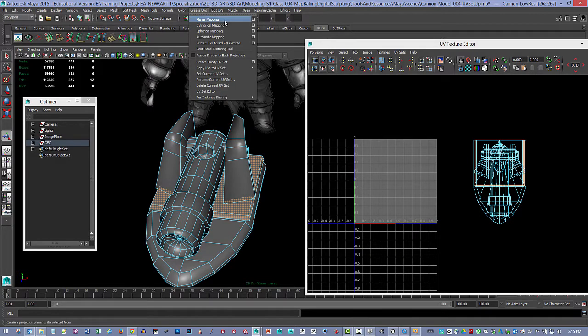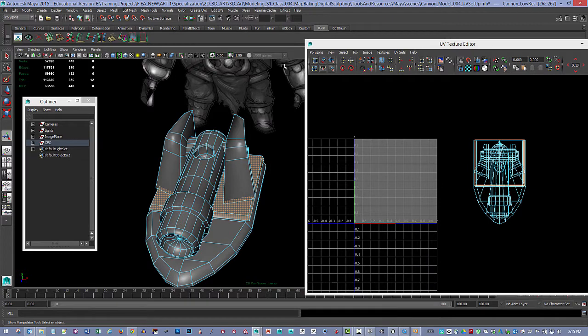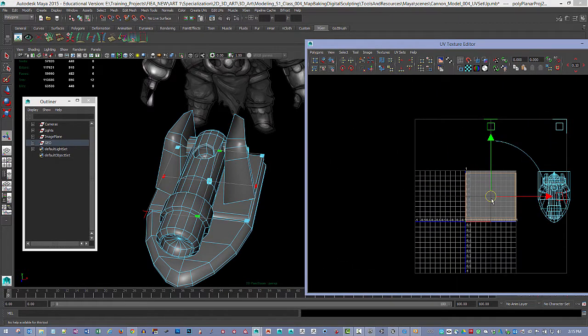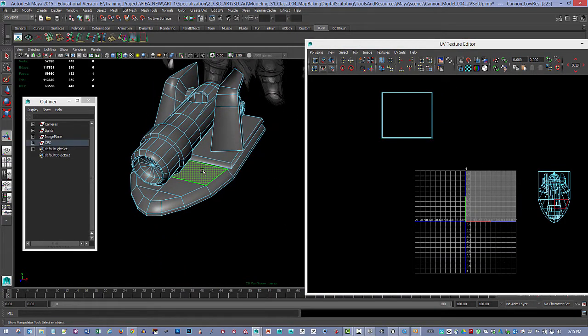We're going to go create UVs and do a planar map. I already know the options for that, so I don't really need to open it up again. So I'll just go and say create planar mapping, and then let's just push this off to the side here like that. I'm going to do the same thing for this bottom piece, so I'm going to select one of